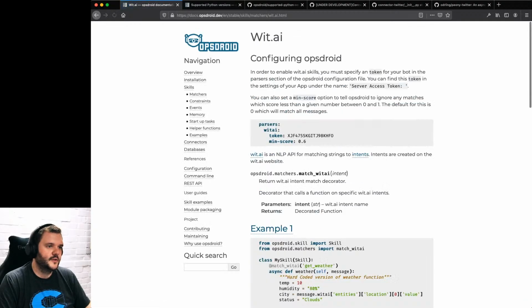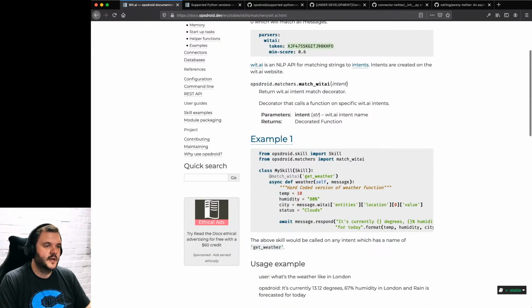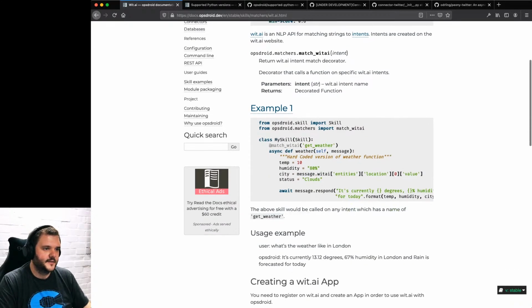They're super useful. You log into their service, you get an API token, and then in your skills, you just have a name of a thing, like get weather, and you match that and you write a function. In WIT, you create get weather, and then you feed it loads of examples of people asking, what is the weather like in London? You say London is a word, it's a location, and you teach it these things. They train some statistical model, and when Opsdroid receives a message, it asks WIT what this is. WIT uses its statistics to work it out and gives it back to you, and it calls it, which is super nice.